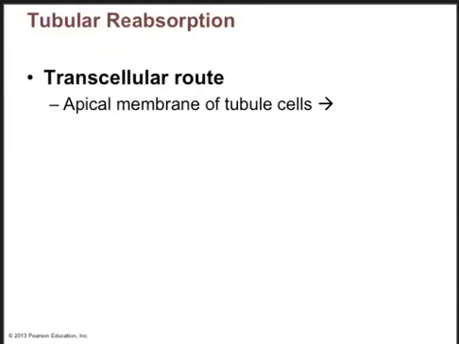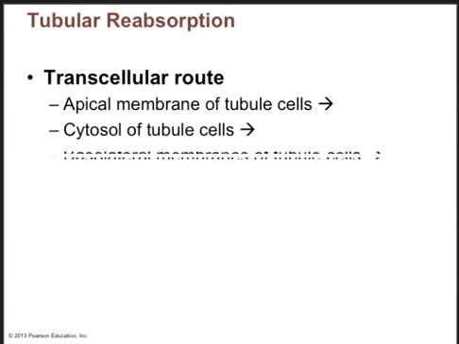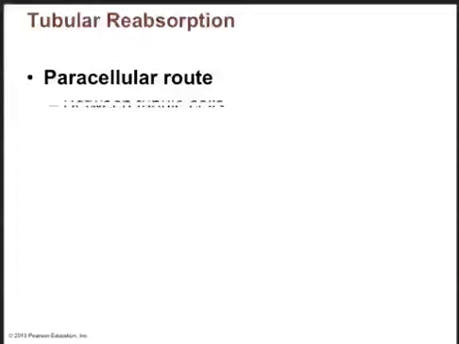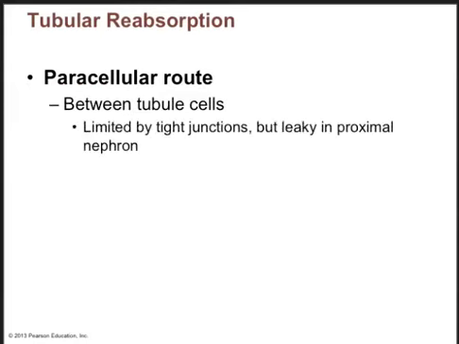So in the transcellular route, we have an apical membrane of a tubule cell and the cytosol of a tubule cell. And so what happens is that the substance to be transported moves through the apical membrane into the cytosol, through the basolateral membrane of the tubule cell, and then through the endothelium of the peritubular capillaries and back into the blood. In the paracellular route, we run between tubule cells. This access is limited by tight junctions, but it's leaky in the proximal nephron. Examples of substances that can be moved by this route include water, calcium, magnesium, potassium, some sodium, primarily in the